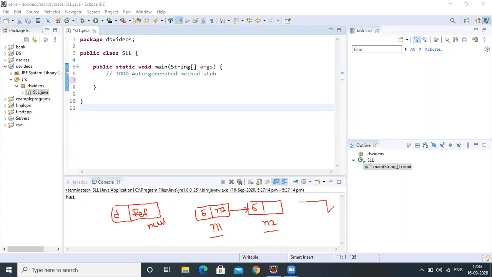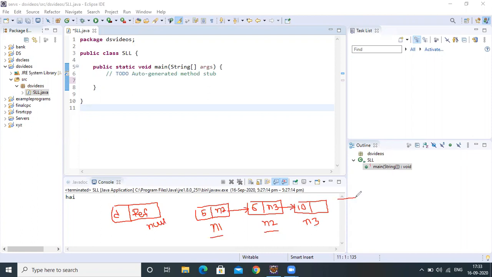If you insert a third node here, assume with value 10, the name of this node is n3. Now n2 dot next will become n3. After n2 we are inserting n3.